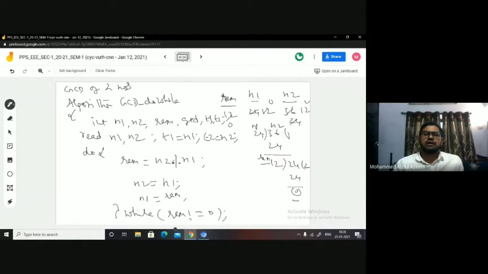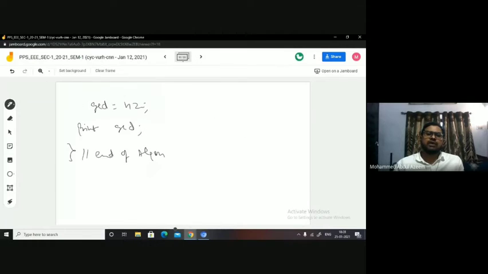Then when I come out of this, I will have the original values retained in T1 and T2. So in order to find the LCM, I can make use of T1 and T2, right?